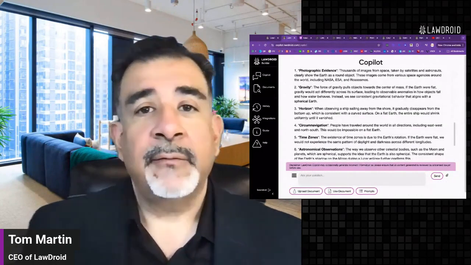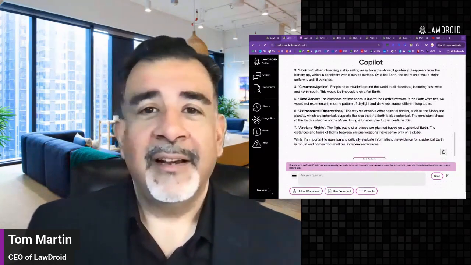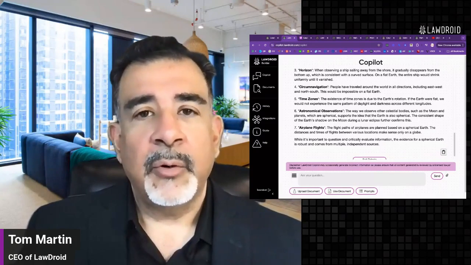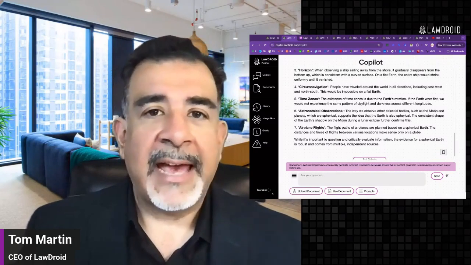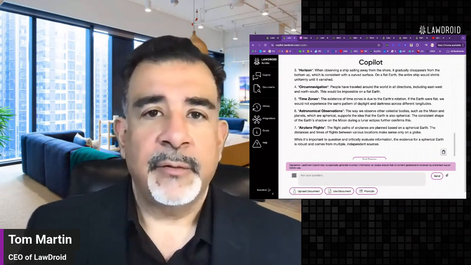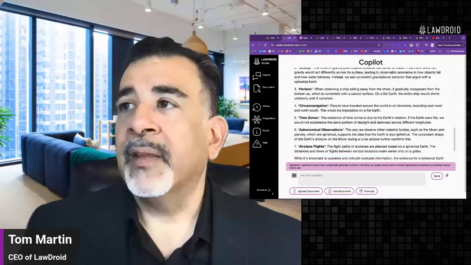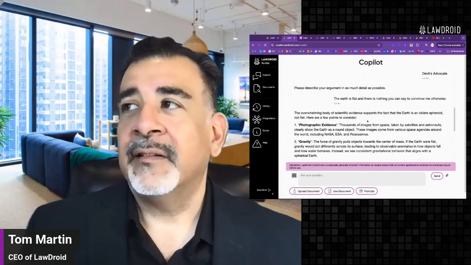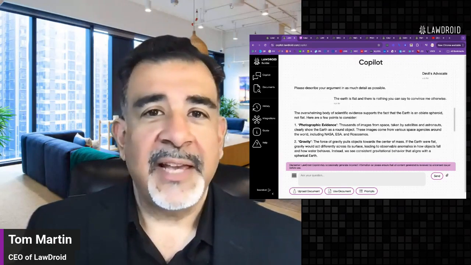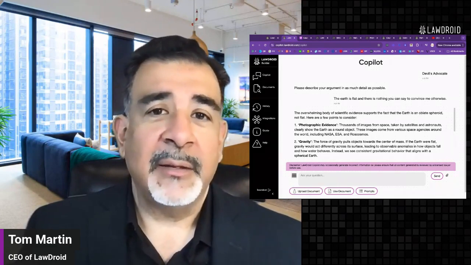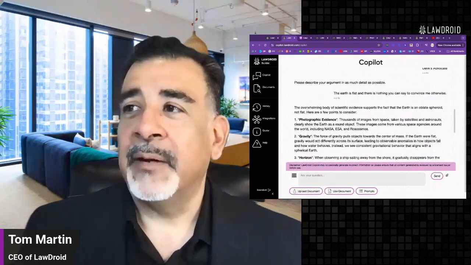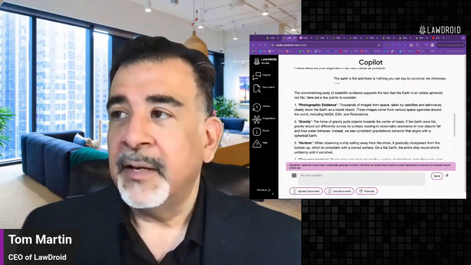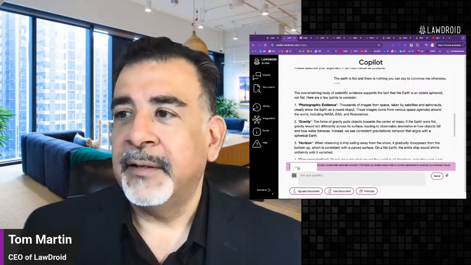But you can go back and forth in a continuous argument to further refine your point of view and perhaps add that to your pleading in a motion, for example. It could be about any topic whatsoever, and Copilot will aggressively advocate for the opposite view and help you to make a better argument.